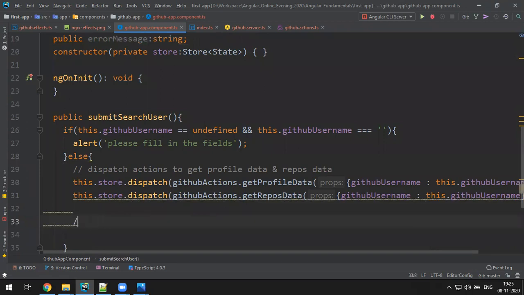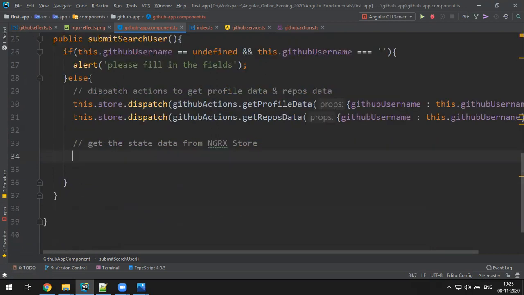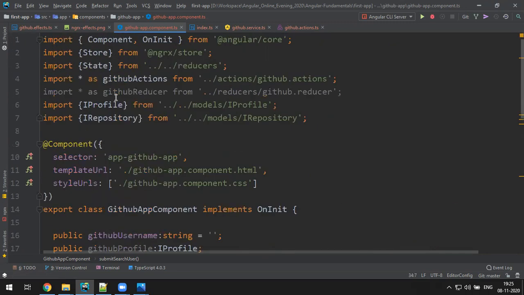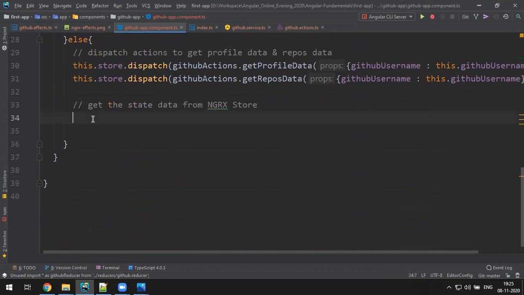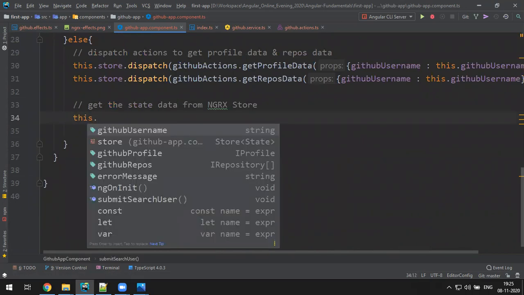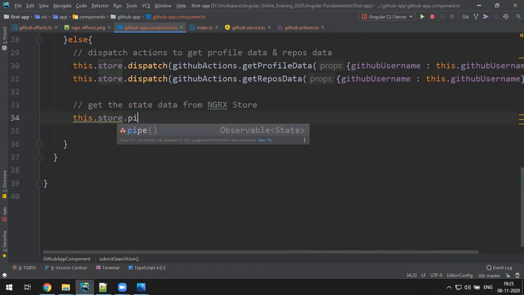Get state data from NGRX store. How? Let me import reducers and all. Yeah, reducer already imported. So this.store.pipe, inside select,